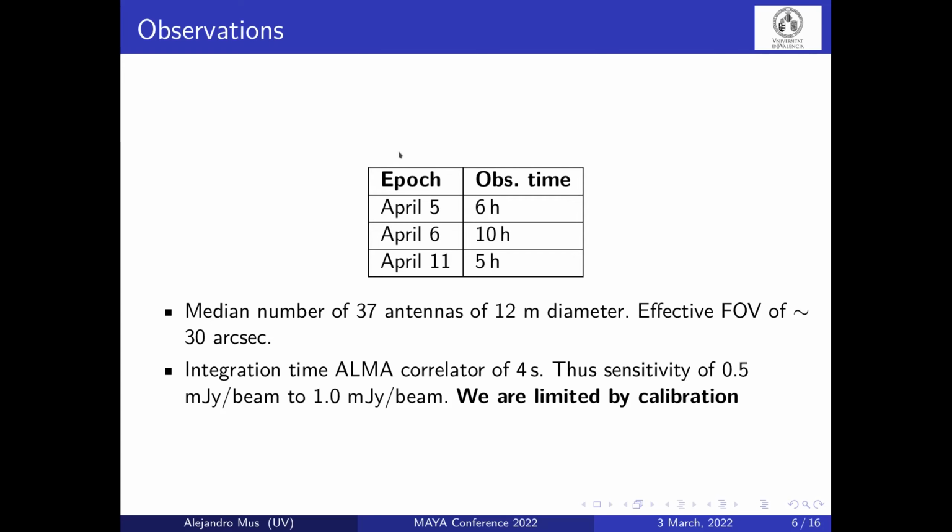ALMA is such a good instrument that we were not limited by noise, but we were limited by calibration. So ALMA is very important in the EHT. And a question that I want to answer here is why we had to strain ALMA to its limits. Why was it so important? Because we want to make very long baselines, right? So we want to join, for example, ALMA in Atacama with Pico Veleta in Spain. That was a very important experiment, never done before.